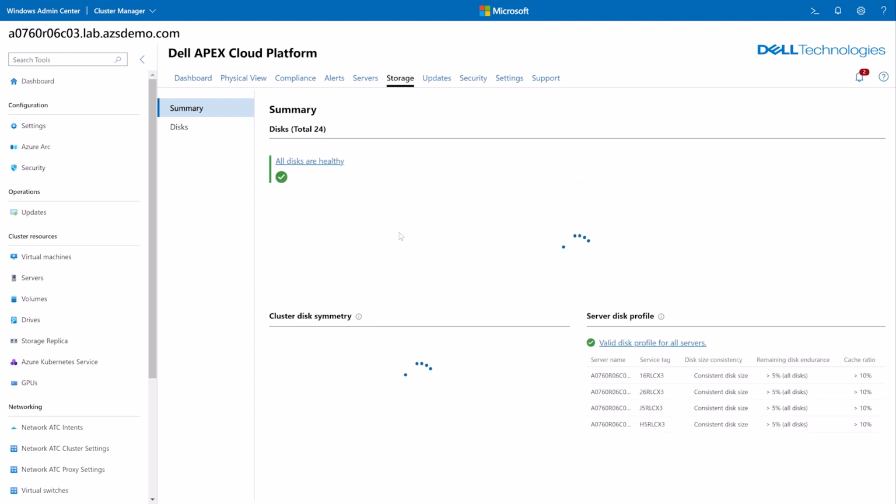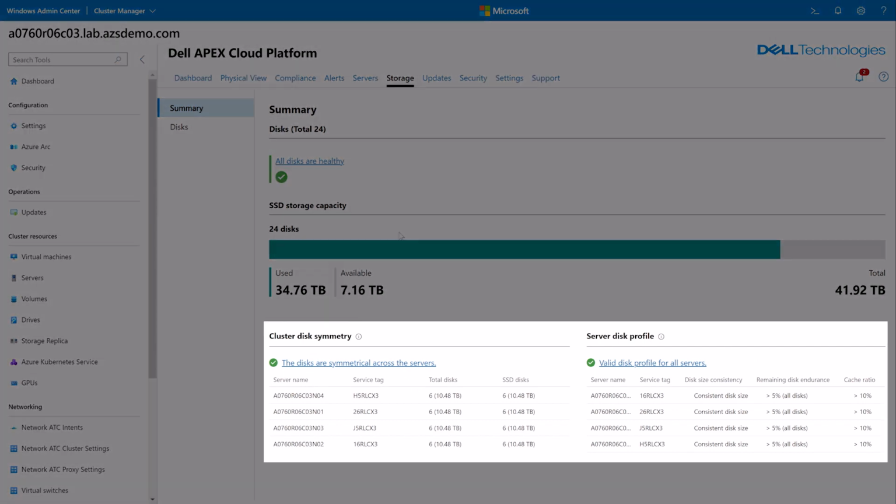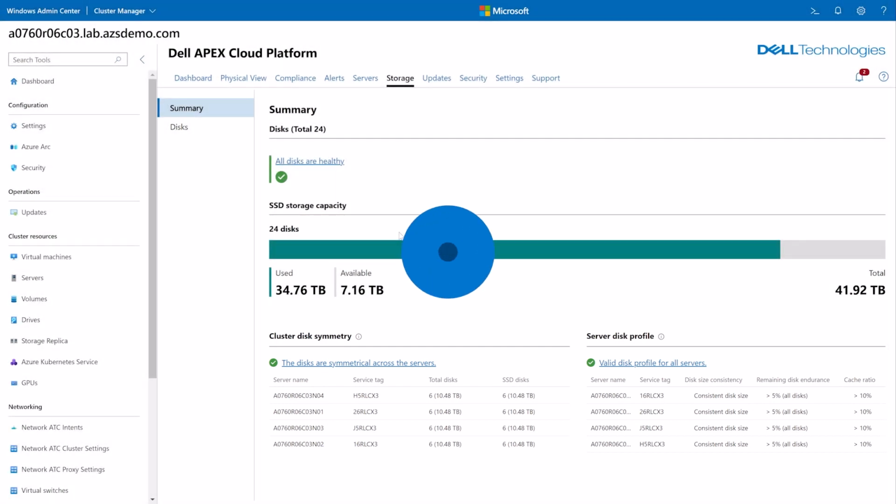Here, the cluster disk symmetry and server disk profile areas of the screen deserve some special attention. Dell and Microsoft Engineering have identified multiple Storage Spaces Direct configuration rules and best practices based on our testing and validation that keep the platform operating at peak performance and resiliency.